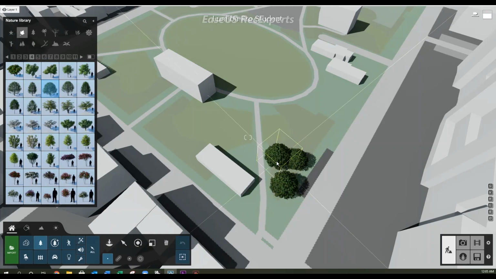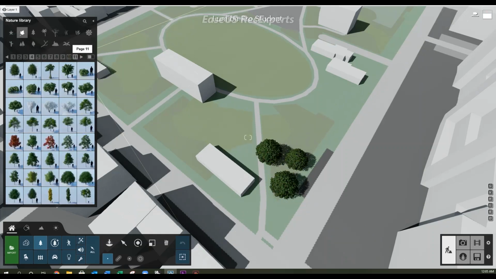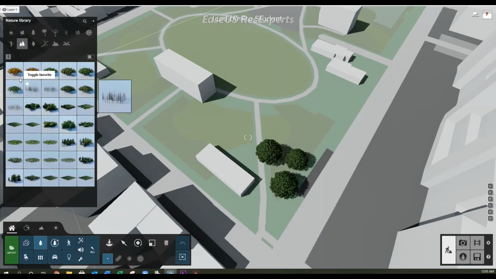So I'll click a few in here. And the other thing that you can do is closer to the ends of these, there are tons of different options, but if you go specifically to clusters of trees, you can get larger groups of trees and groups of smaller foliage, but I'm going to go for